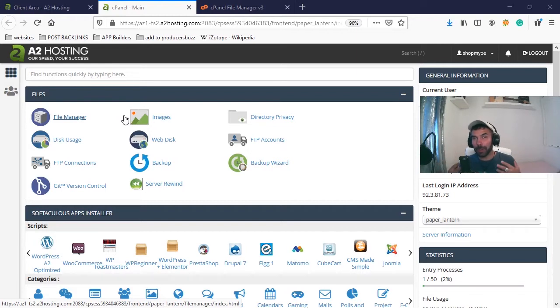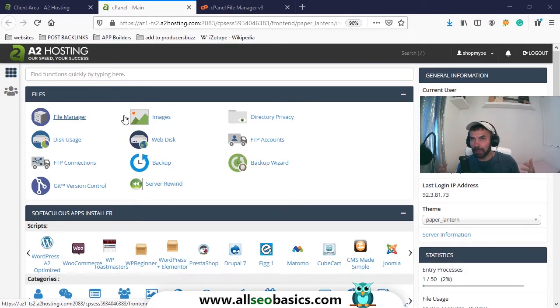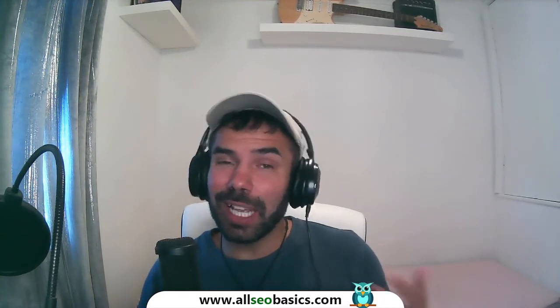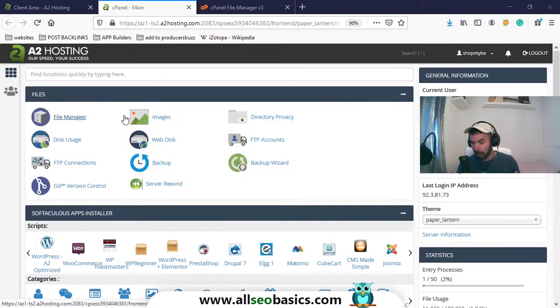So I'm going to be showing you today how to actually back up your files on your cPanel, the most simple way to do it. Now there's a lot of people that tend to use the backup wizard, and you can, but the simplest way to do it is actually using the file manager in your cPanel. So looking at the file manager just over here,